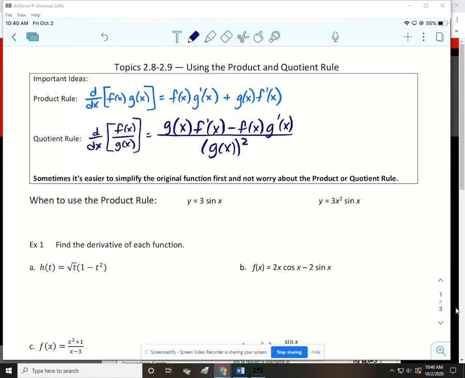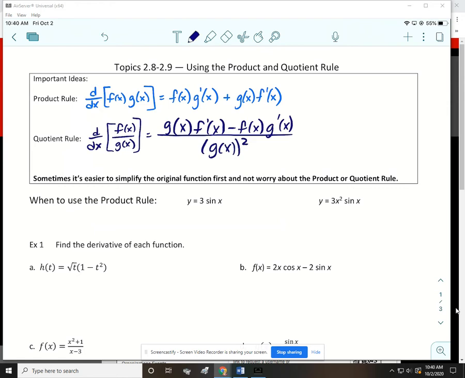All right, so that is how you do the quotient rule. So there's multiplication, subtraction, and division, so the order definitely matters. All right, and then I put a little note in there that sometimes it's easier to simplify the original function first and not worry about using these rules, and so we'll definitely do a couple of those to help you